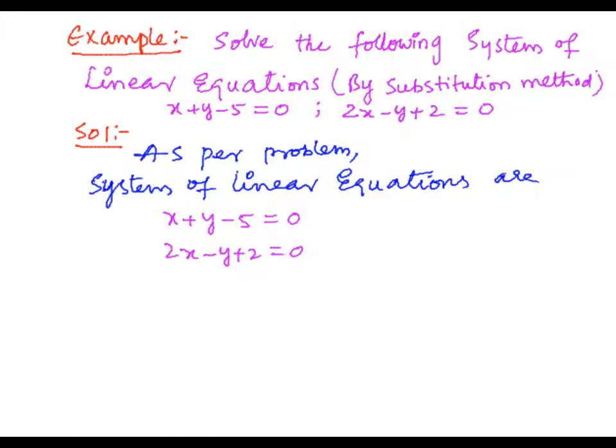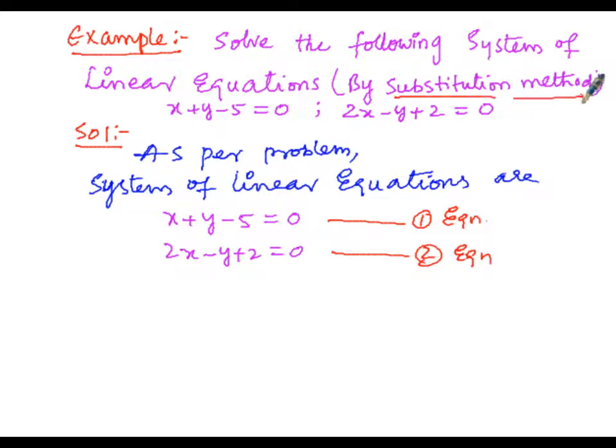Let us consider x plus y minus 5 equals 0 as the first equation, and 2x minus y plus 2 equals 0 as the second linear equation. Since the degrees of x and y in both equations are each one, they are linear equations, a pair consisting of a system of two linear equations. So, we have to find the value of x and y, that is the solution set, the ordered pair consisting of x and y values of these two linear equations. We have to follow the substitution method only.